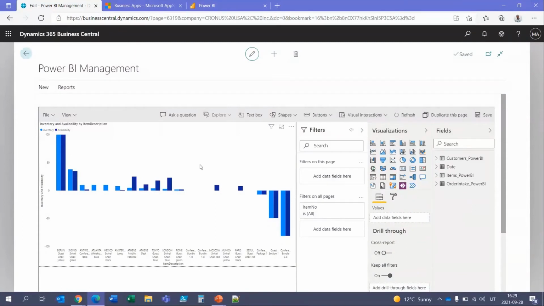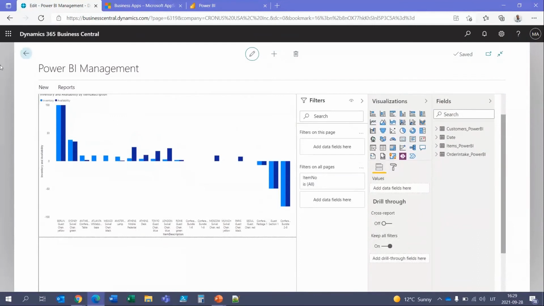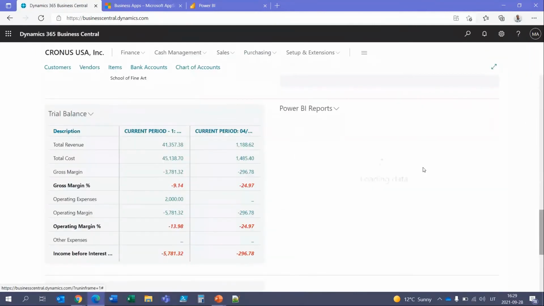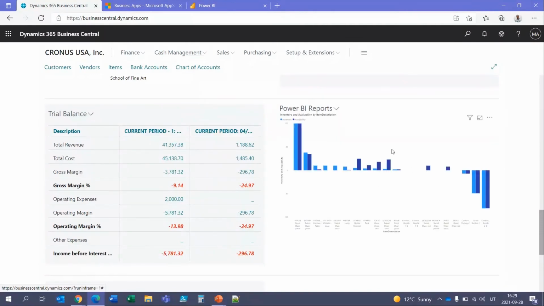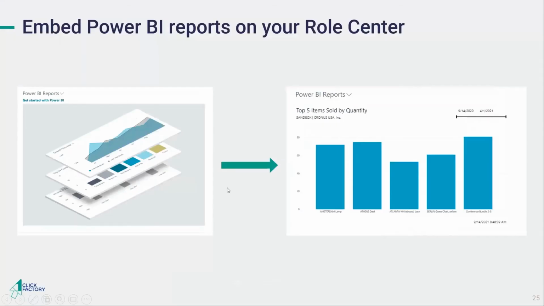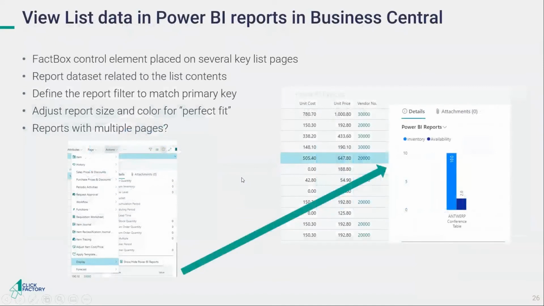So it's quite an extensive scenario also. But that's not all of where and when you can embed and deploy your Power BI reports. Let's get back to our slides. What you can also do is